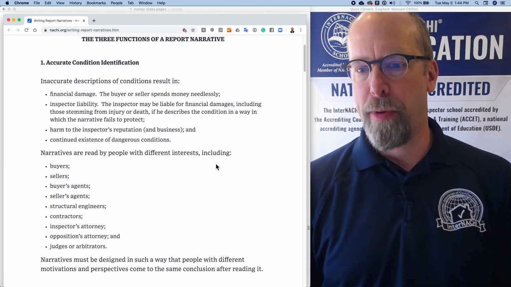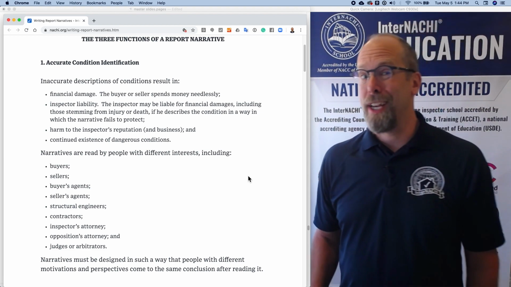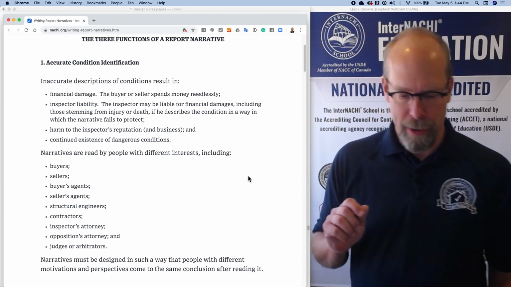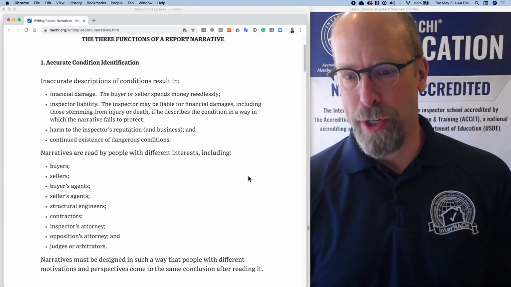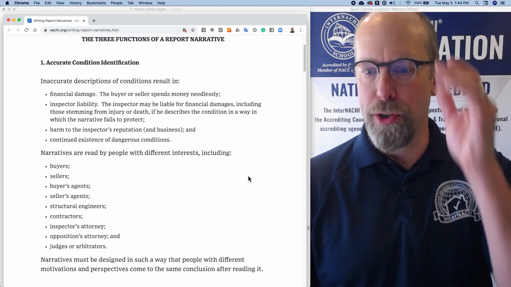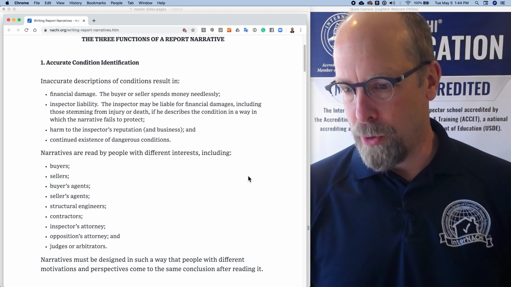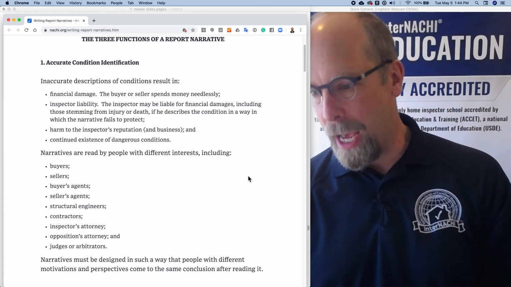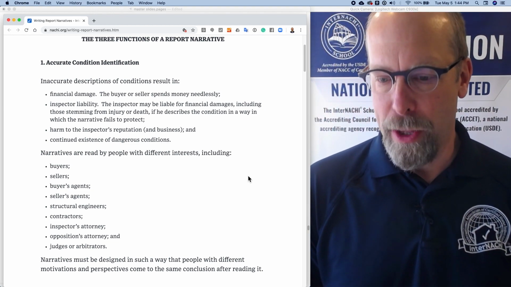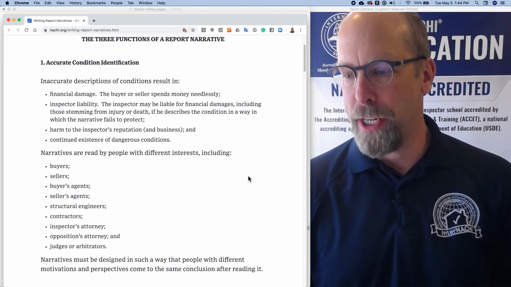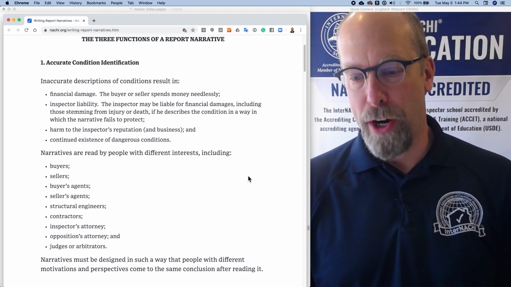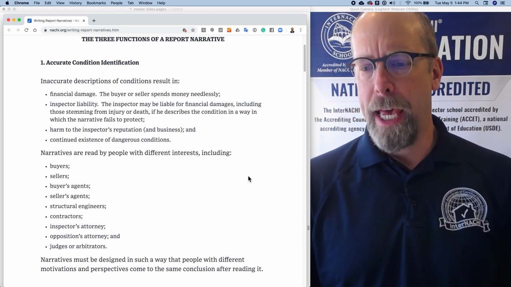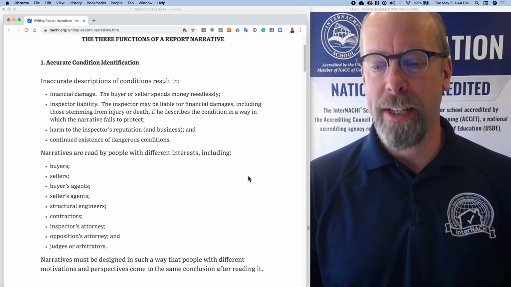One function is to provide accurate information about the condition of the property that you inspected. And there can be some results in that description. It could result in financial damage. The buyer or seller spends money needlessly. There's inspector liability. The inspector may be liable for the financial damages, including those stemming from injury or death, if she describes the condition in a way which the narrative fails to protect. It could be harm to the inspector's reputation in business, and it could result in continued existence of a dangerous